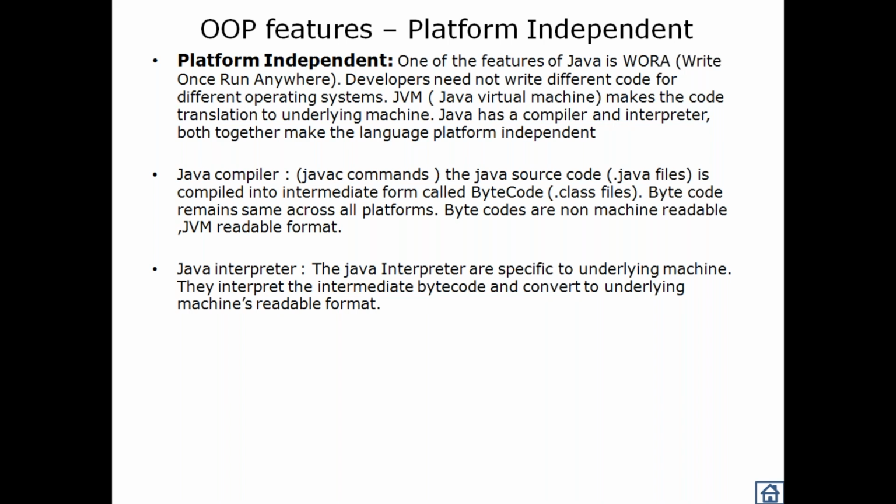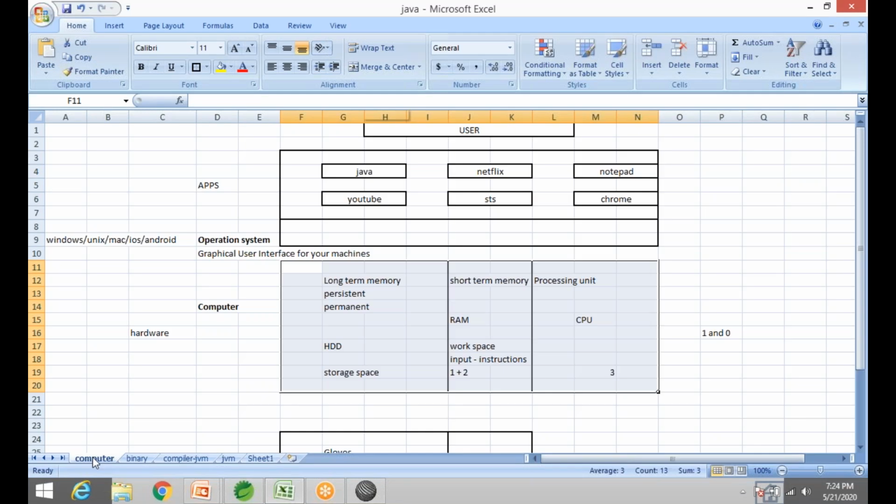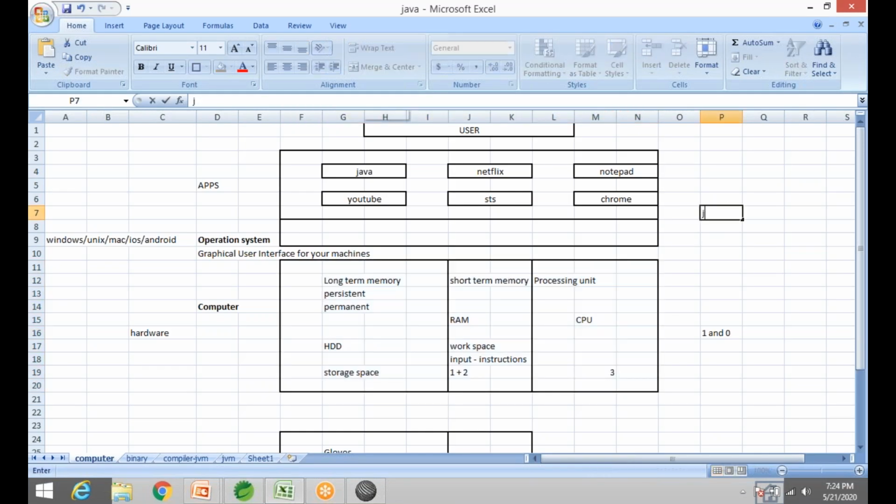Platform independence. Developers need not write different code for different operating systems. JVM makes the code translation to the underlying machine. Java has a compiler and interpreter. Both together make it platform independent. So the compiler is the one thing which is common. Now if you install JDK for Mac and JDK for Windows,